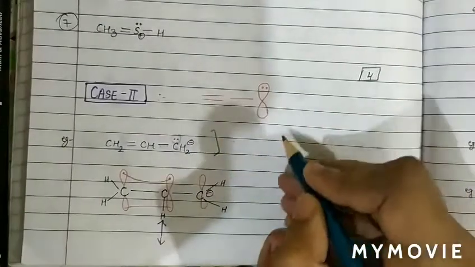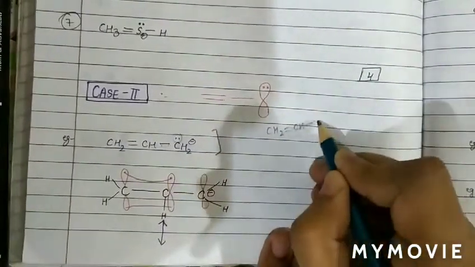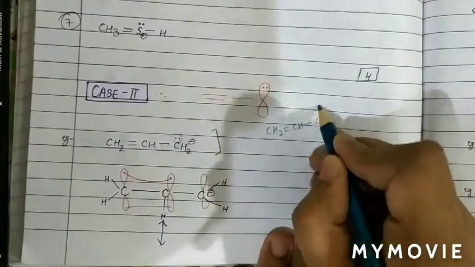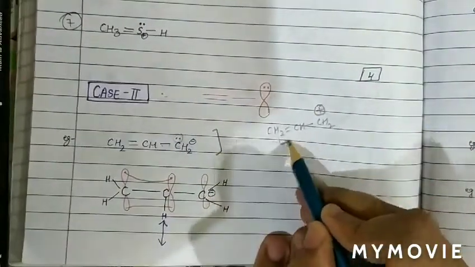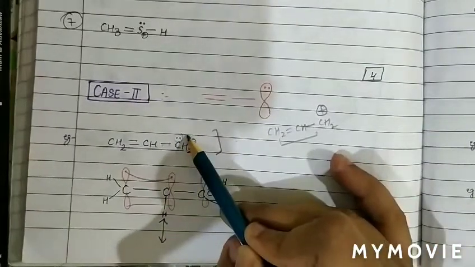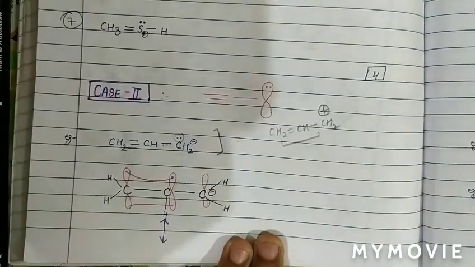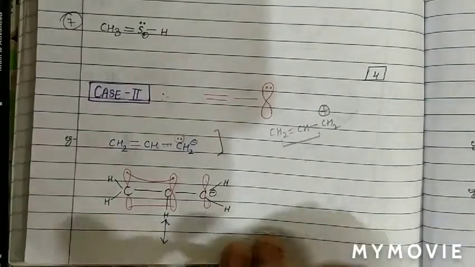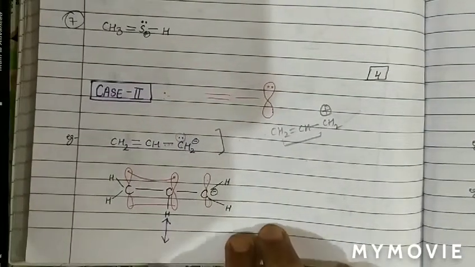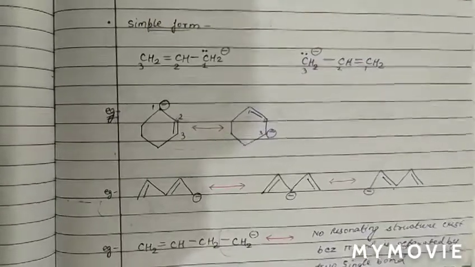So in the first resonance we have seen a double bonded carbon atom separated by a sigma bond from a carbon with positive charge. So this is the first conjugated system. Now the second conjugated system is carbon with negative charge, then a sigma bond, and then a pi bond. Now we can see the simple form of this kind of resonance. In the same way we have done for the carbocations, we will do here.